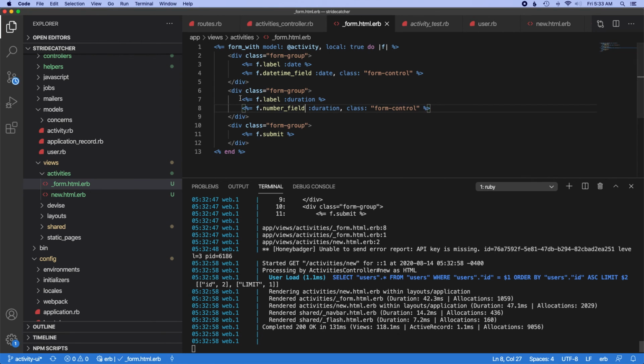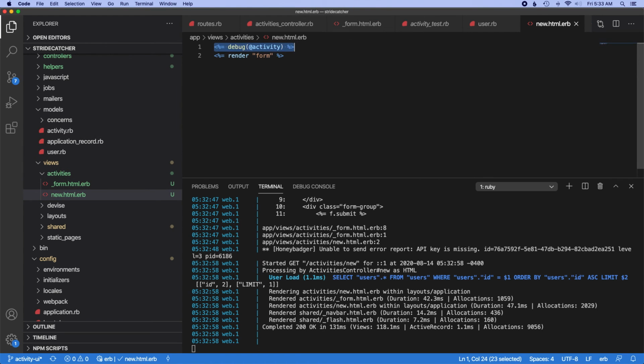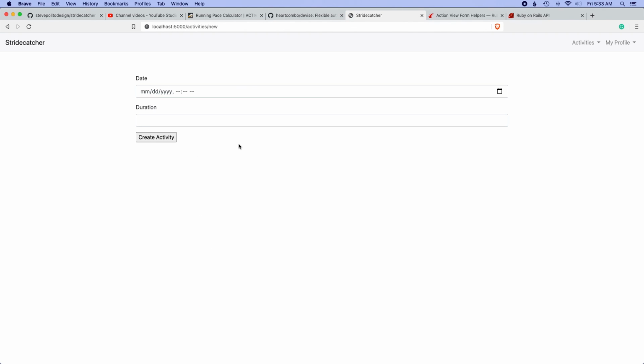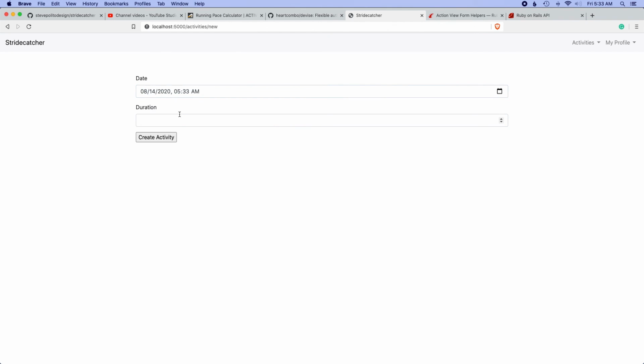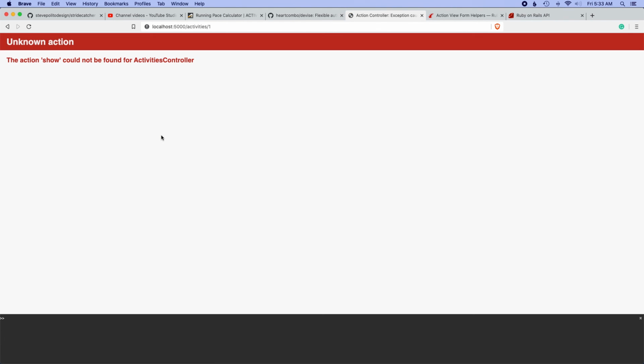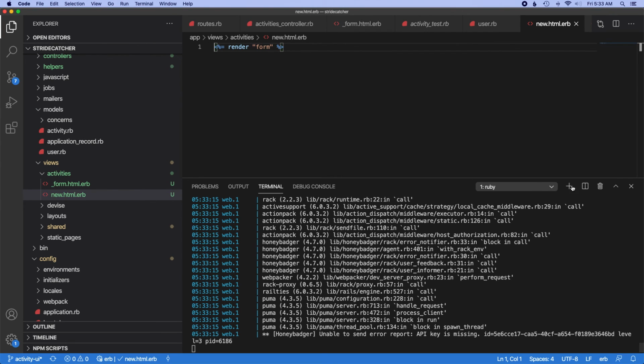Okay, let's actually get rid of this debug because it's kind of getting in the way. And let's just create this. Does it work? Oh, okay. Well, it is working. We just didn't make a show route. But if I go into